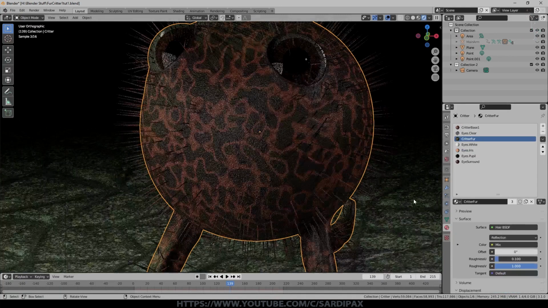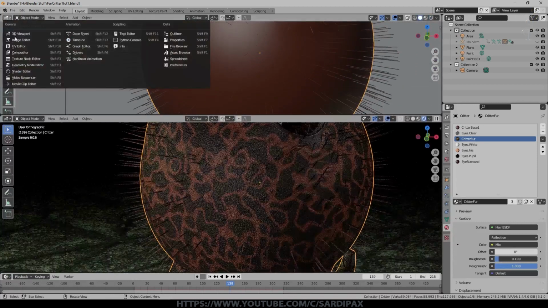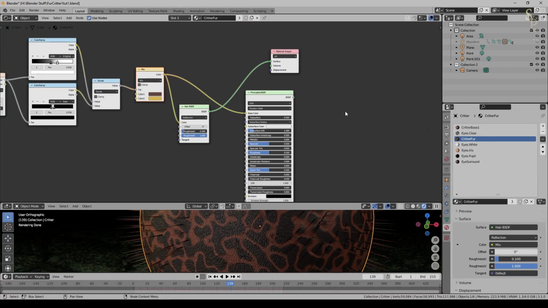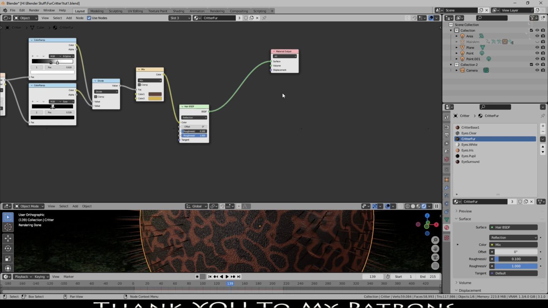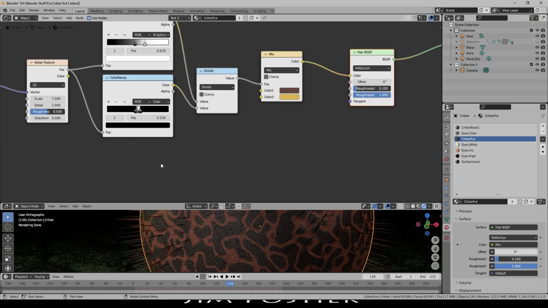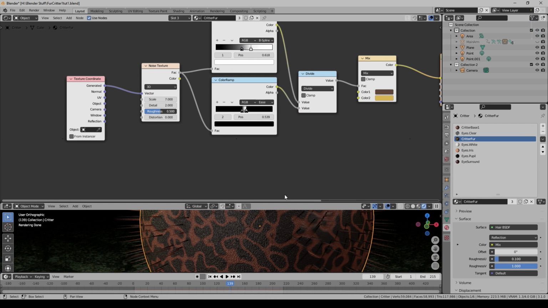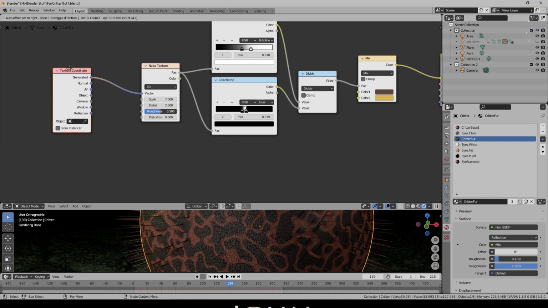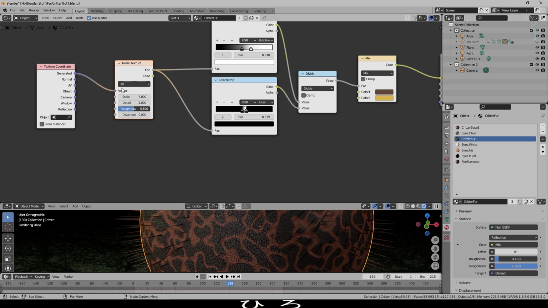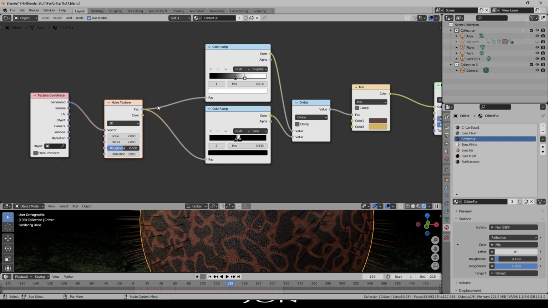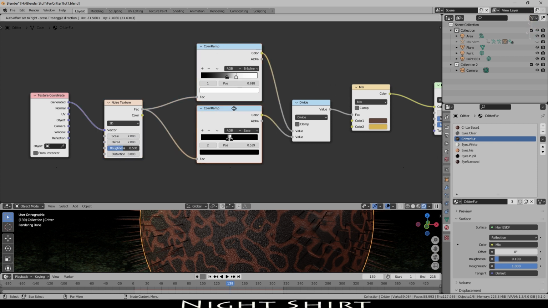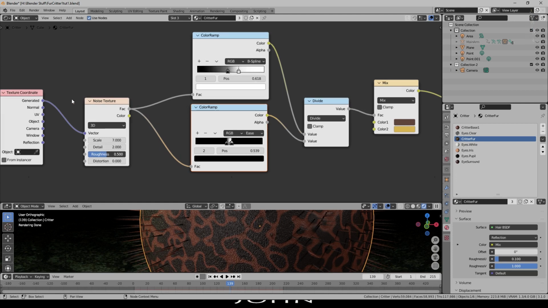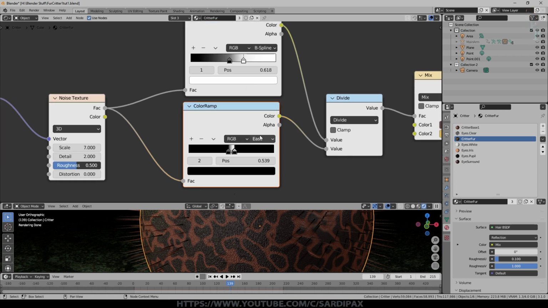If I open up another window and we'll go to the shader editor, I was experimenting with various things, so I can get rid of this one now, and we can have a look at what that is. So I wanted hair that wasn't the same all the way across. So I've got a texture coordinate coming in here, just a generated one, and I've got a noise texture, and that's relatively low frequency, a low scale of 7, feeding into 2 different color ramps. And the reason I'm doing that is because although I've got the same noise pattern going into each of them, I'm able to select different parts of the noise between these 2 color ramps.